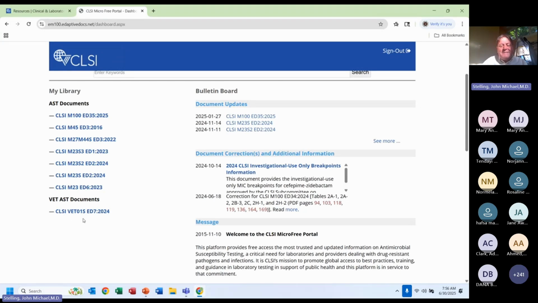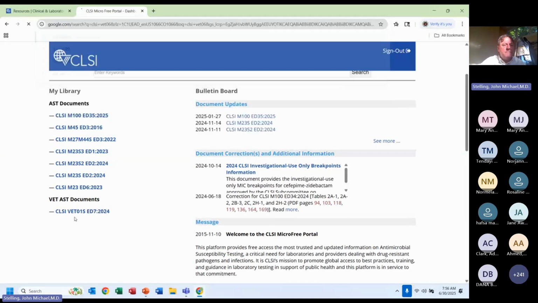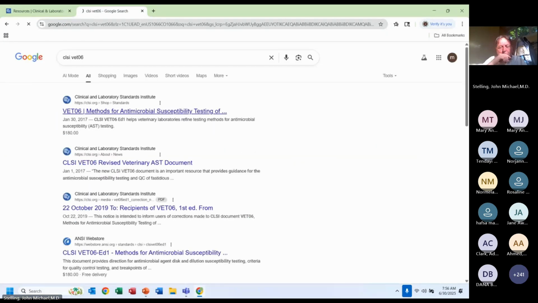The VET document, unfortunately, it's just the one document, the VET01. If there are any CLSI members, I hope that somebody might consider. There's also the VET06 and the VET03 and VET04. CLSI VET06 is for rare and fastidious organisms. It is similar to the human M45 document. And then the CLSI VET03, VET04,